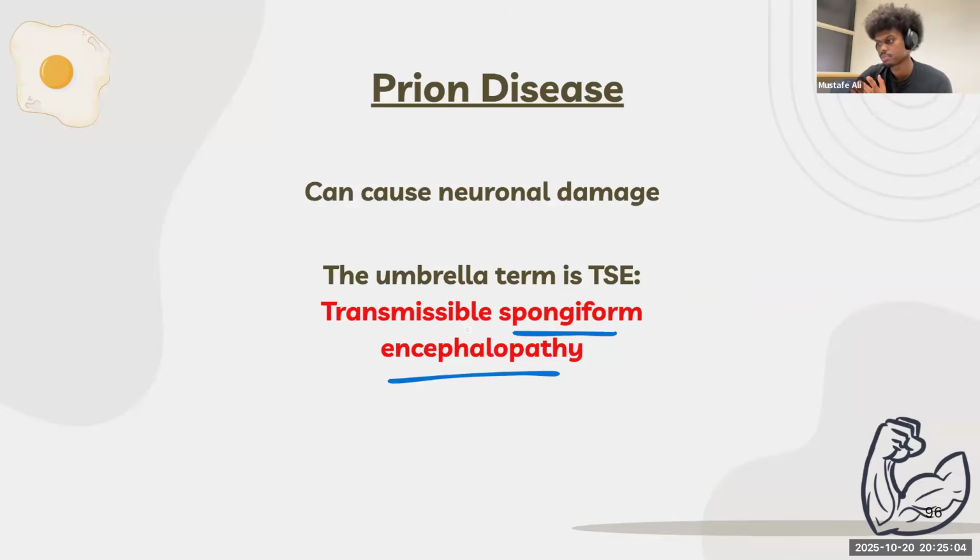Now for TSE, it stands for transmissible spongiform encephalopathy. Transmissible means infectious. It can transmit from one protein to the next, right? If this is a prion and a normal protein touches it, it becomes misfolded. Spongiform basically makes the brain look like a sponge, puts a bunch of holes in it. Encephalopathy basically means it infects the brain, and that's about it. I just explained it for the fun of it, by the way.